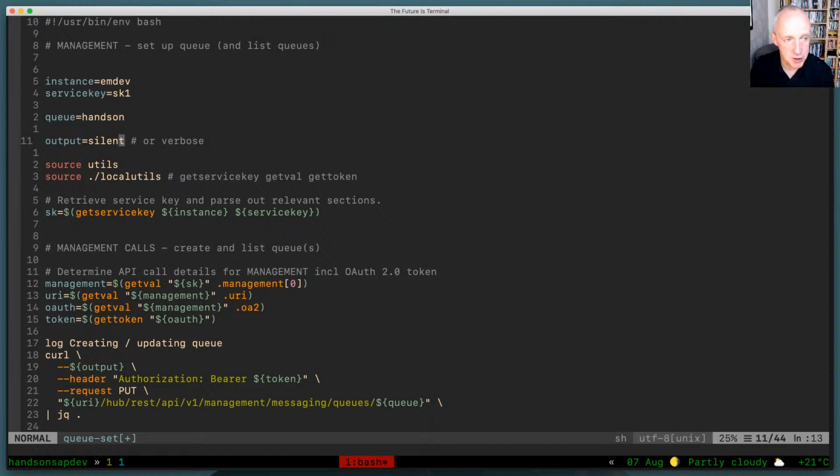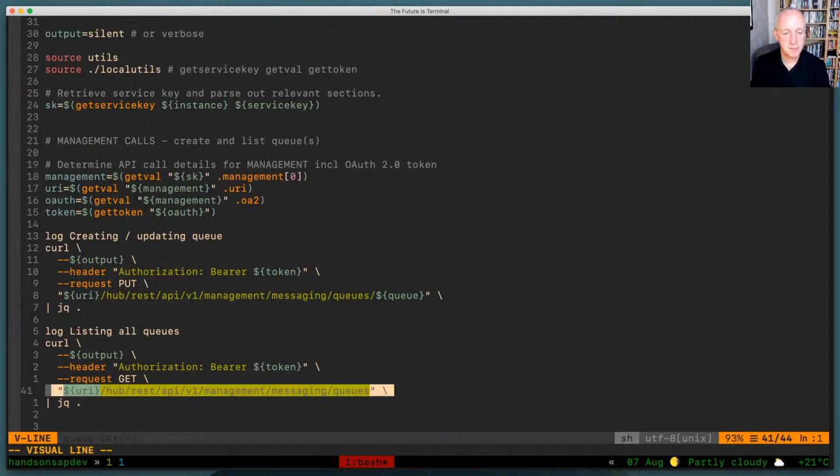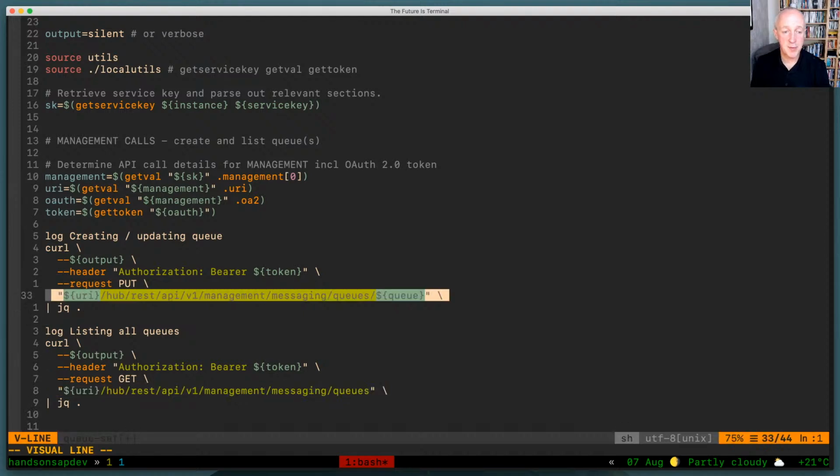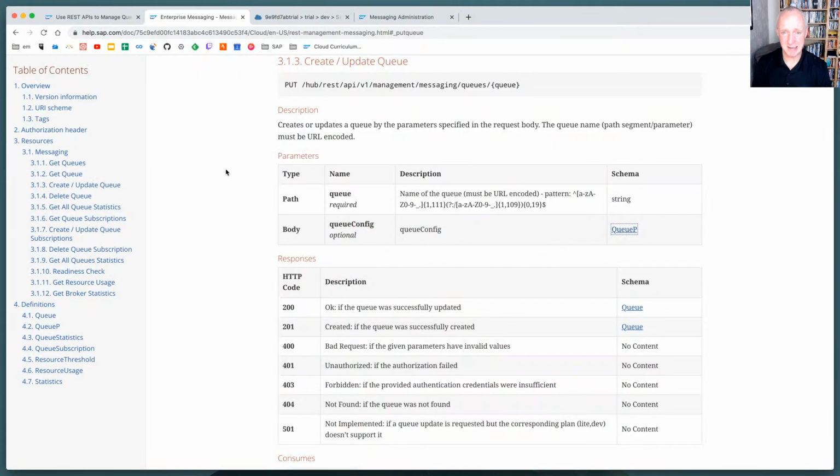The output is for the curl commands. Do we want a verbose output from curl, or do we want a silent output from curl? We're going to be using this to set up a queue, using this to make an API call. As you can see at the bottom here, Hub REST API V1 management messaging queues. And up here as well, Hub REST API V1 management messaging queues queue, which is exactly